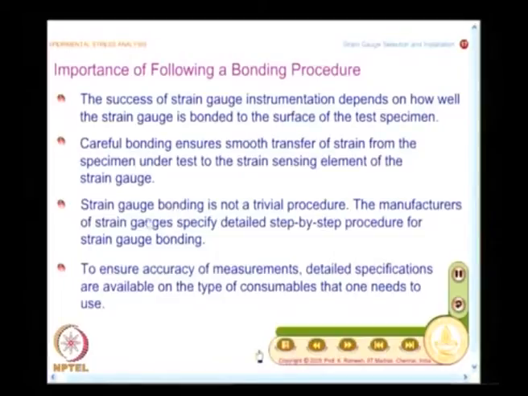Do not think that strain gauge bonding is a trivial procedure. The manufacturers of strain gauges specify a detailed step by step procedure for strain gauge bonding.